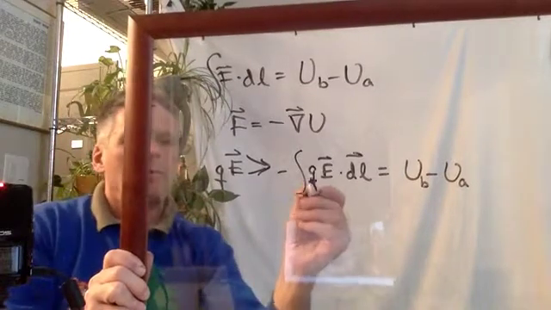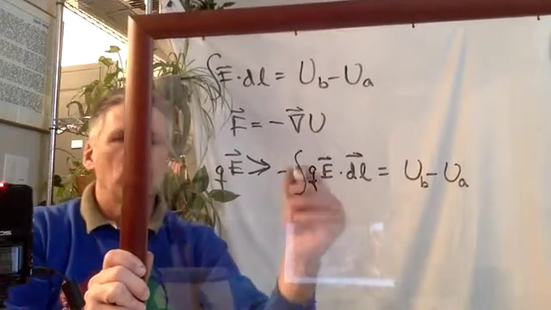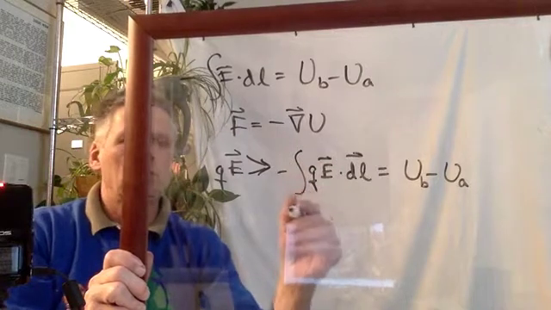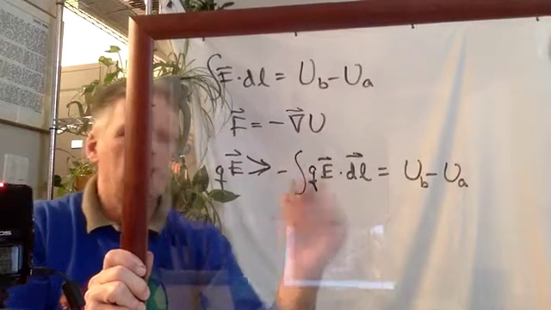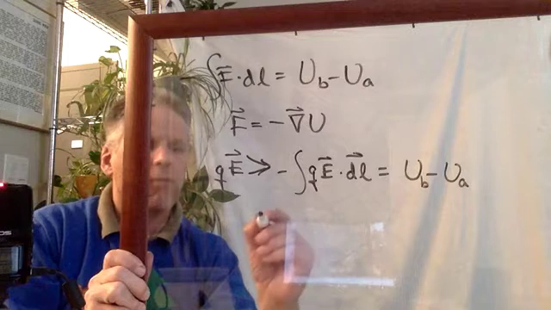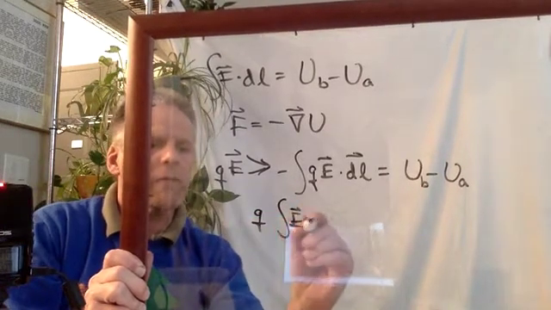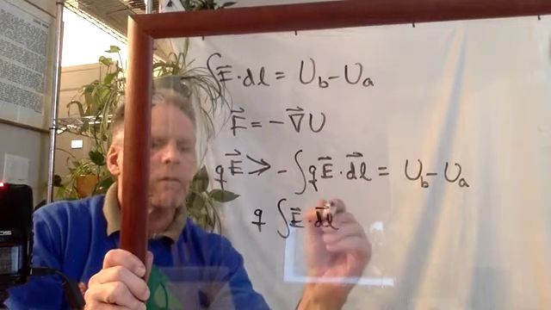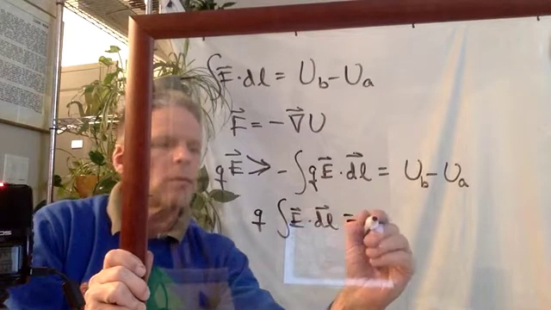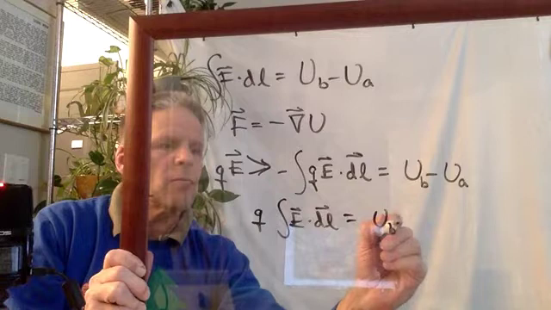All right, well, is Q going to change? No, Q is whatever charge we happen to put in this area, so that doesn't change during this. So we can pull that Q out, and we just have E dot dl is equal to UB minus